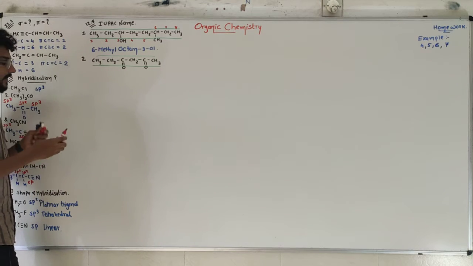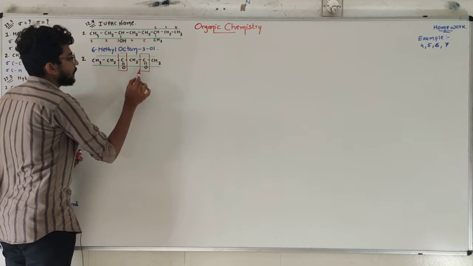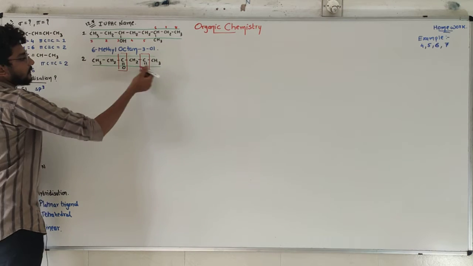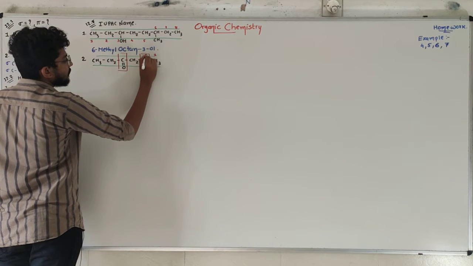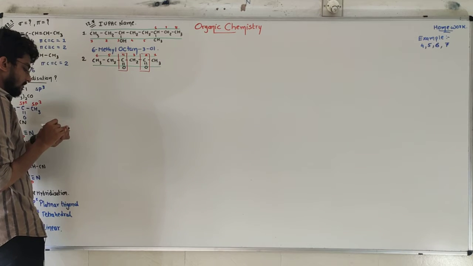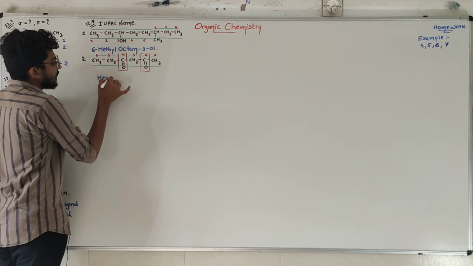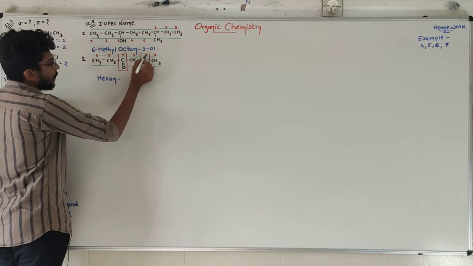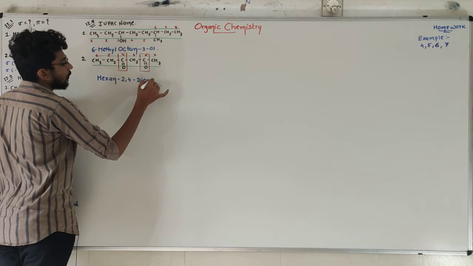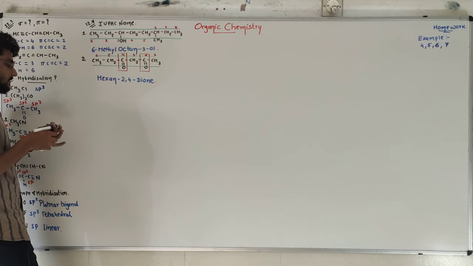Now the numbering. There are two ketone groups available. First ketone and second ketone. So the least number to the ketone will be on this side. So this carbon will be the first one, second, third, fourth, fifth and sixth. 6 carbons are there. That's why hexane-2,4 because of two ketones, dione. Okay, that will be the name for this compound.